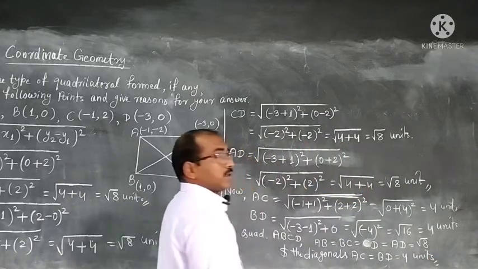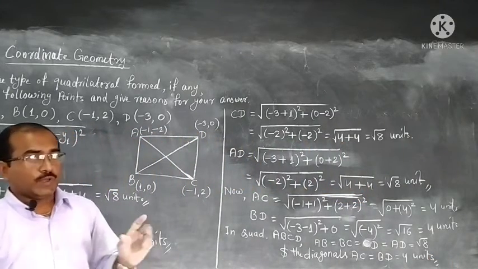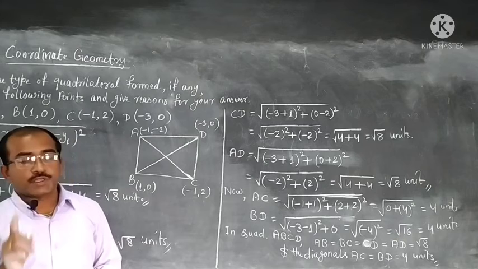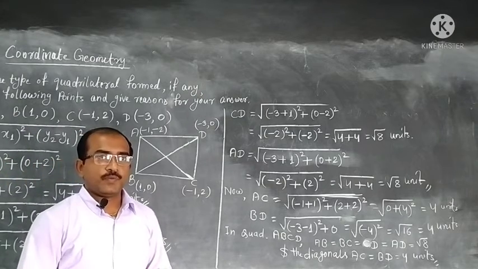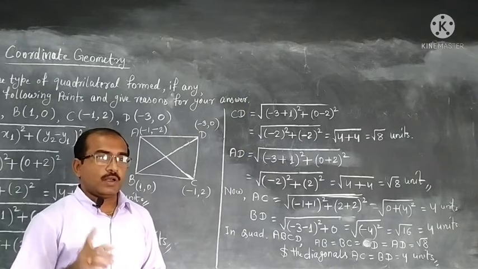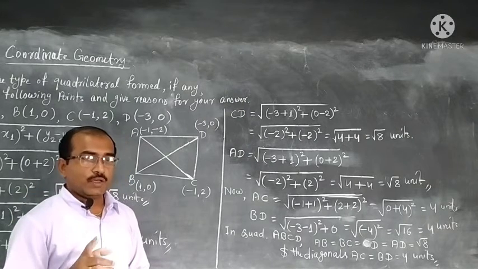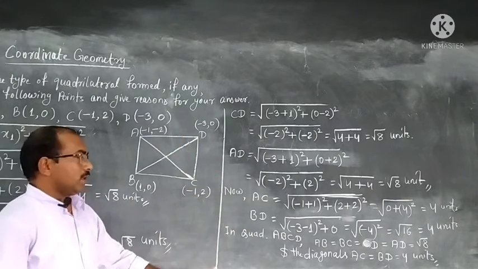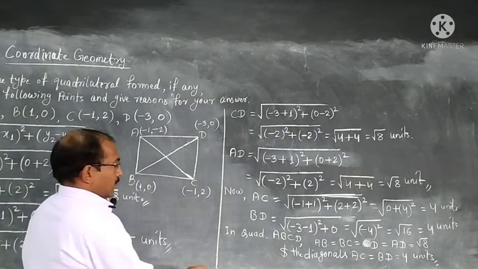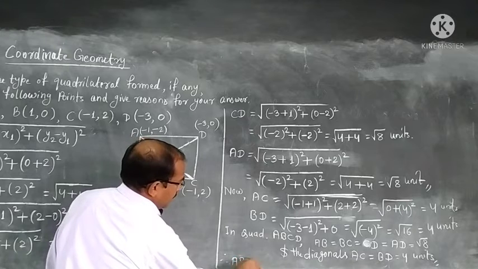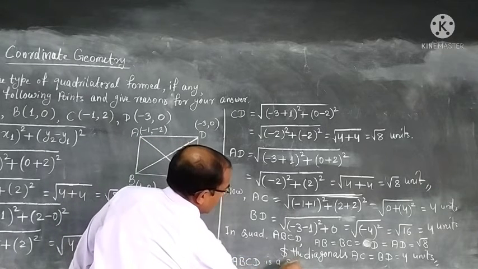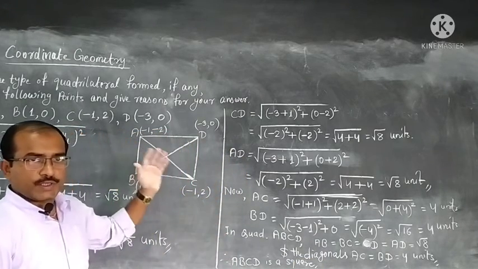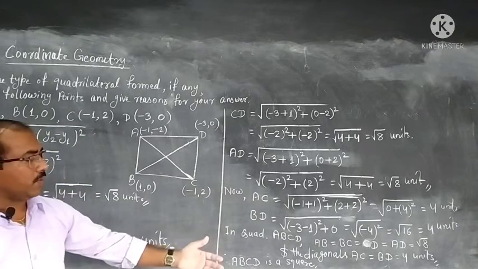So what type of quadrilateral will it be? We need to know the properties of quadrilaterals. It happens in a square that all the four sides are equal and both the diagonals are equal. If both the diagonals are not equal, that will be a rhombus. So we need to remember the properties of a square. We have given the proof, we have shown it here. The last statement we will write: therefore, ABCD is a square, or we can write that the given vertices ABCD form a square. The statement is up to us.